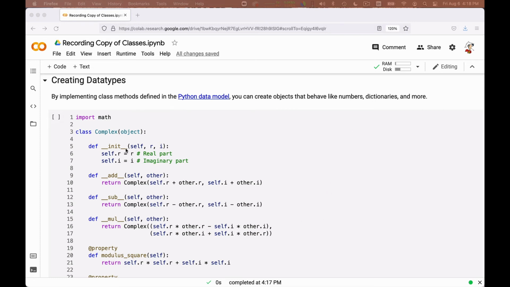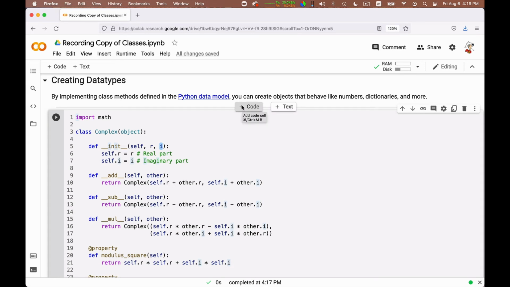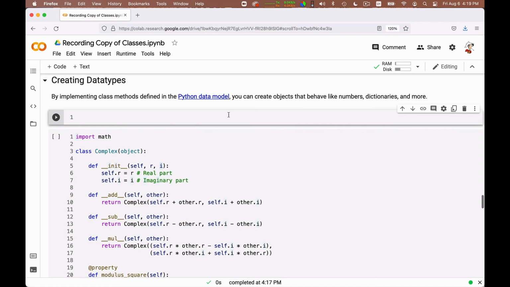I create a class Complex, and I define the initializer to which I pass the real and the imaginary part of the complex number, and I put them here, self.r and self.i. Now, to give you a little bit of a preview of why I'm doing things in this way, I want to write code such as this one, which at this moment won't work because I haven't yet defined it.